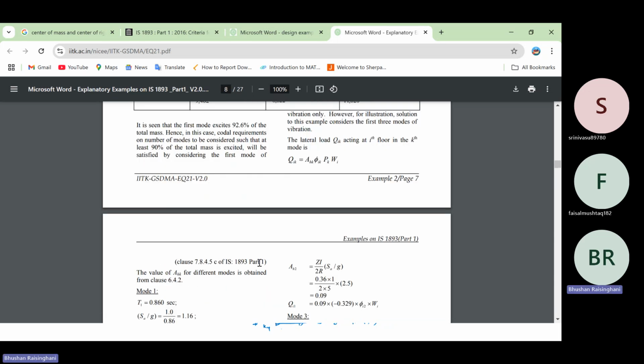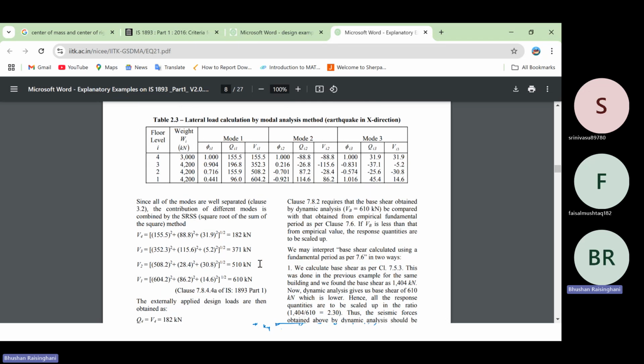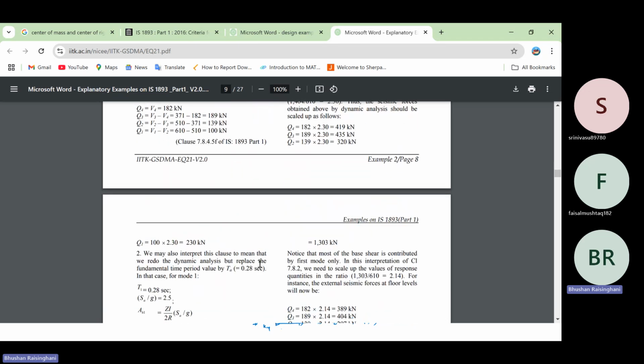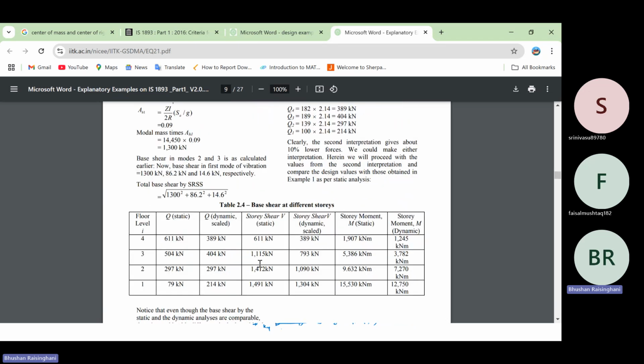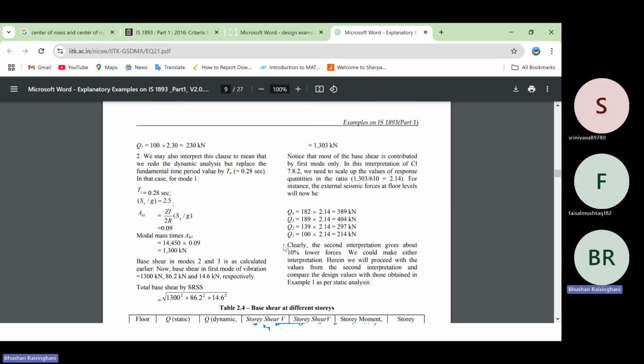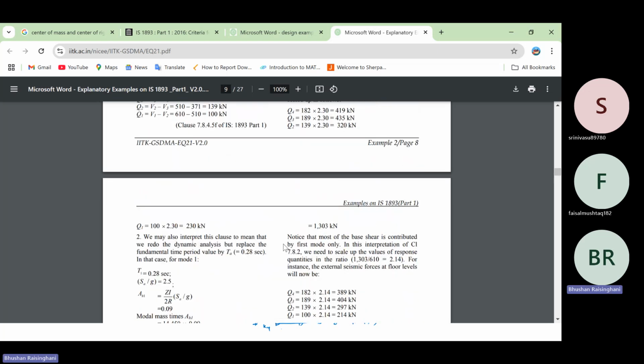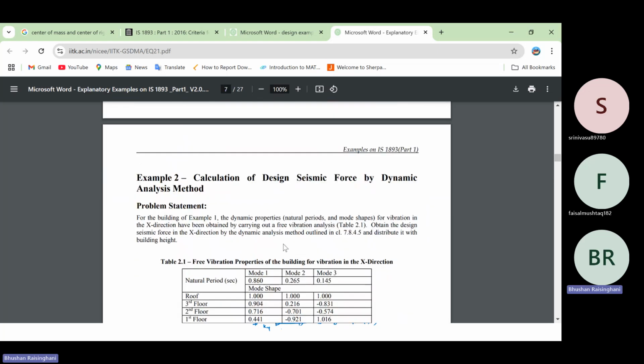Now, this is the formula to estimate it. Fundamentally, we can understand from here that between static and dynamic there is a lot of distribution change in the story shear and also in the distribution of the story forces. So your total base shear estimated is 1303 kilonewton, and in static it was estimated as